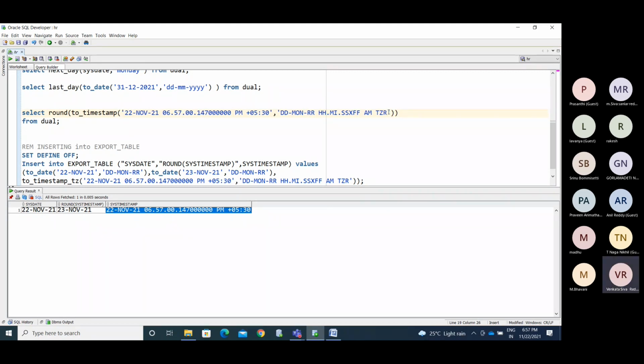So with the time zone, if you want to display it, we'll use the zone. We don't need all those things. The hour and the minutes and the seconds.